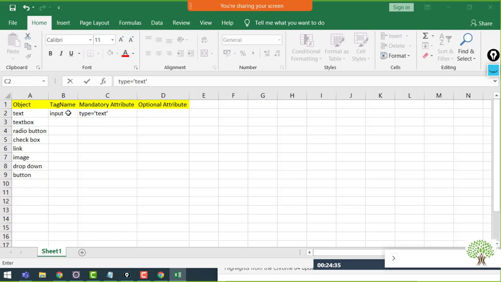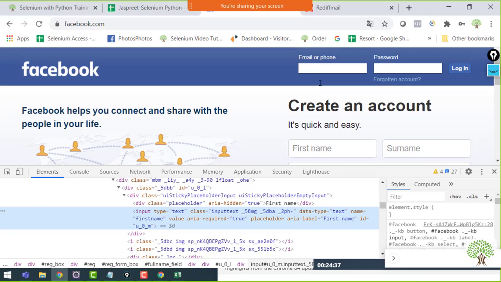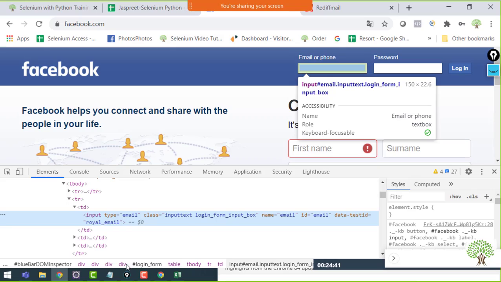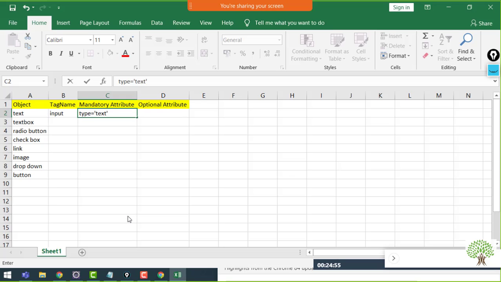For example, over here, this email text box does not have the type text. It has email. That's totally up to the designer. But commonly you will find the type equals text for a text box. Fine. This is about the text box.